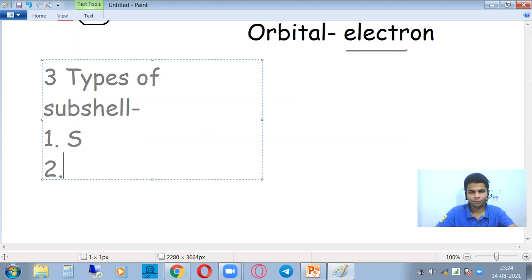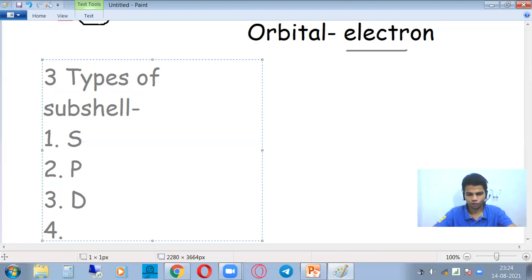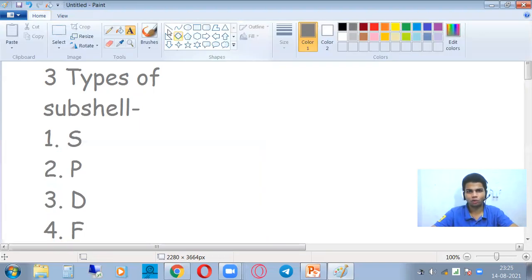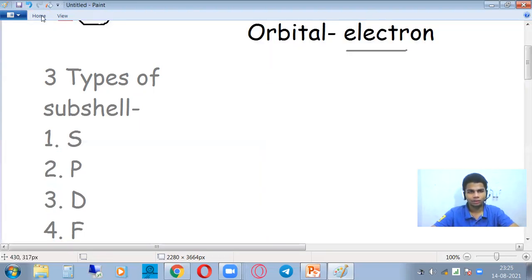The second one is p subshell, and the third one is d subshell. And the fourth one, we will not talk about in much depth because it is beyond our course, the f subshell. So we need to understand that if I try to draw these subshells,